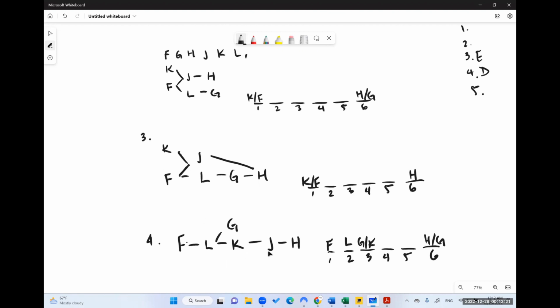We actually know that J has to go after L based on this chain, right? This time we actually know the relationship between the two because, for one, you could just recognize that just by looking at our subgame board. If L goes into 2, F goes into 1, J actually has to go after L. But secondly,